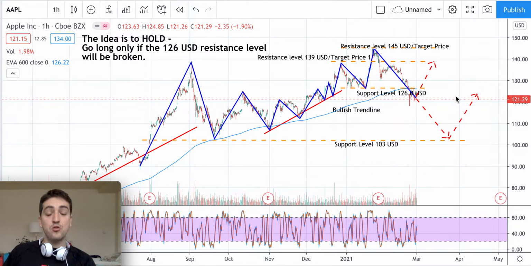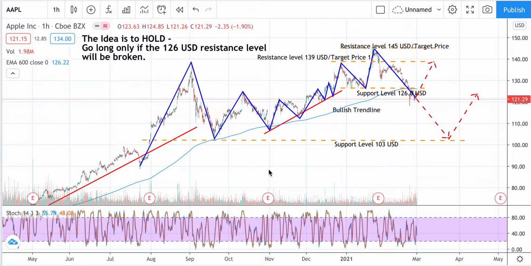As we are right now, just hold, because prices can go down to 103 US dollars. Most unlikely it's going to happen, but it's a possible scenario. So we need to be aware of this scenario, and this is the reason why we should hold right now. This is, as I was telling you, the secondary trend, because